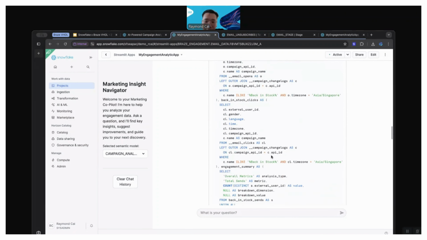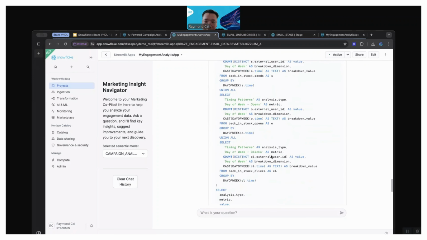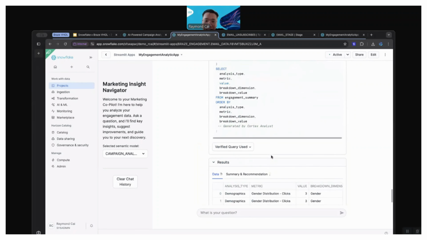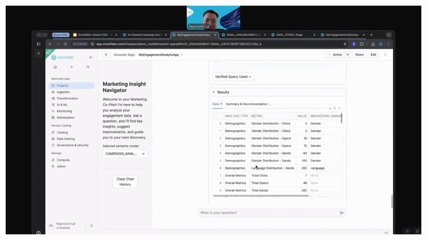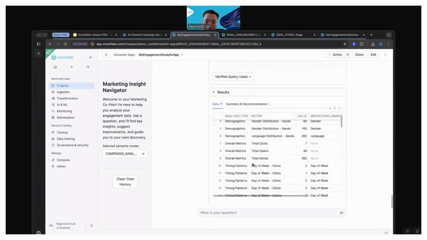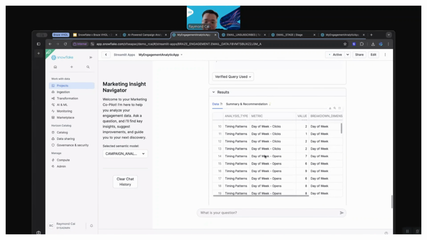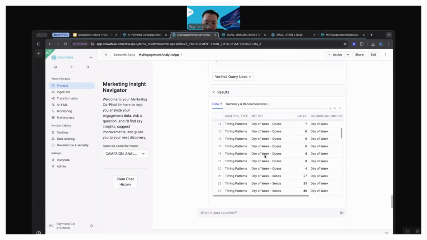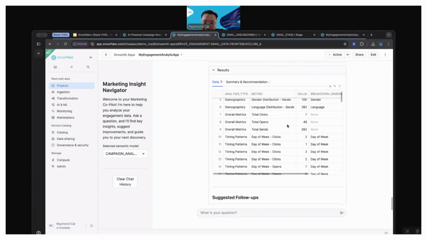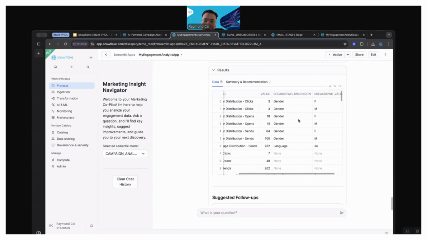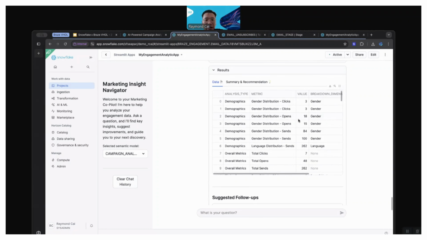And if you go into the results itself, you can now see that it's actually broken down that campaign by demographics, by some metrics, by some timing patterns as well, like what day of the week did they open on Monday, Tuesday, Wednesday, Thursday, Friday, what hour of the day did it open, and also, what gender distribution did we see? So it's kind of like breaking down that campaign into further subsections